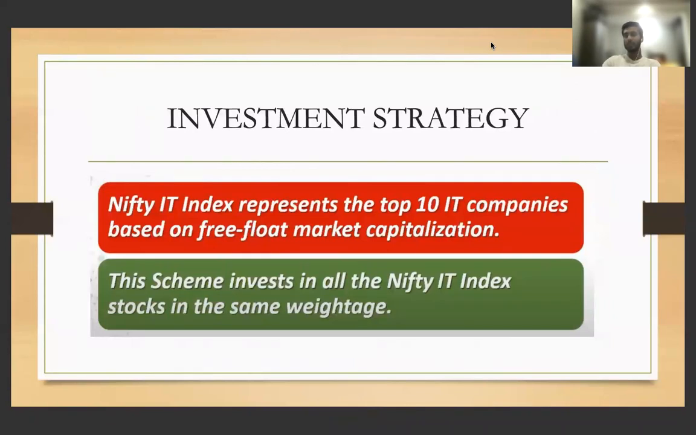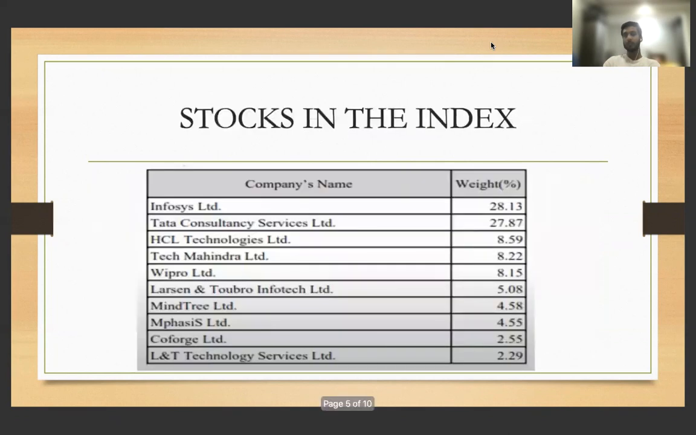So Nifty IT index represents the top 10 IT companies based on free float market capitalization. This scheme invests in all the Nifty index stocks in the same weightage. So the money invested by investors will be invested in the same weightage as it is in the Nifty IT index, and it is a free float market capitalization, which refers to the companies, the top 10 companies, being decided upon market capitalization at the present time. So the highest weightage of the stock in the index is Infosys with 28%, followed by